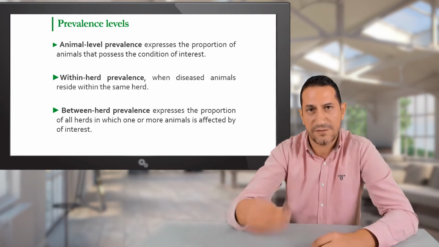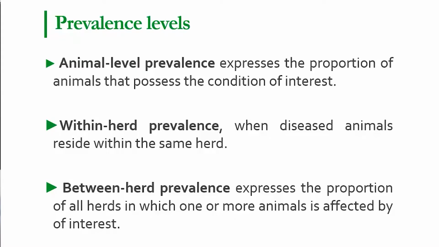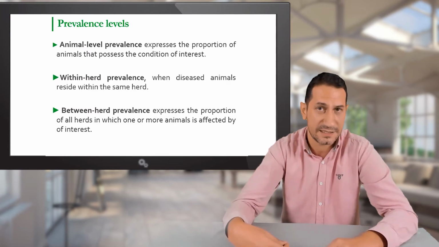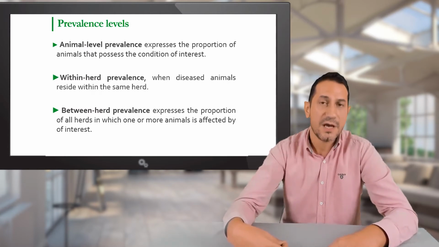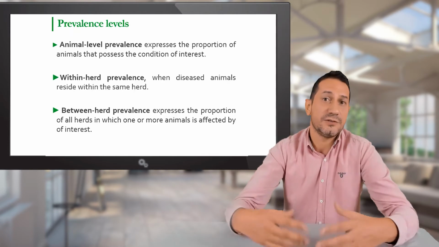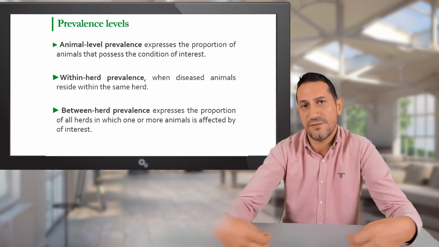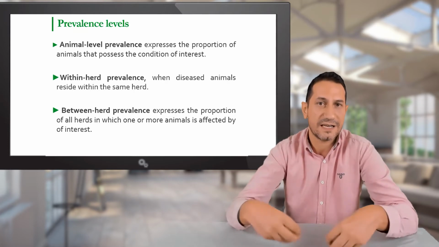Because different factors are in play, the contact rate within a herd, let's say, is higher, but the contact rate between two different herds is lower, and so on. So we might always have different figures of the prevalence, even though we are studying the same disease and in the same population in a district or in a country, we might still have differences because of the factors involved.